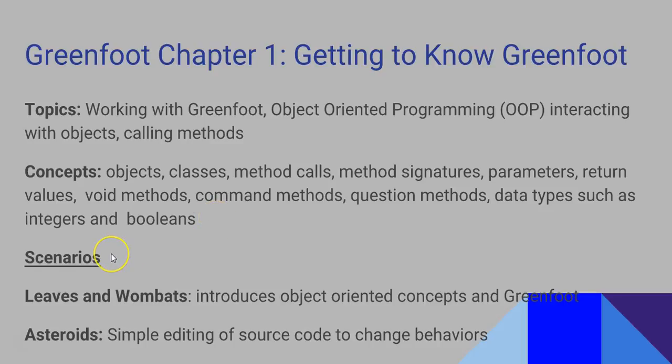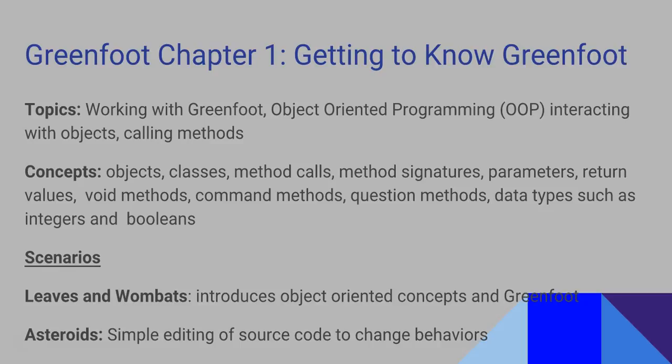There are two scenarios that we are going to work with. Leaves and wombats is one of them, and asteroids is the other. They both introduce you to object-oriented concepts and the Greenfoot environment. Asteroids is when you're going to get to do some editing of source code, and that way you will be changing some behaviors on the screen. I'm going to toggle to the Leaves and Wombats